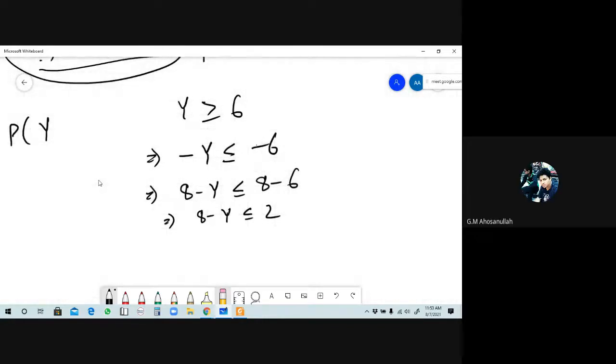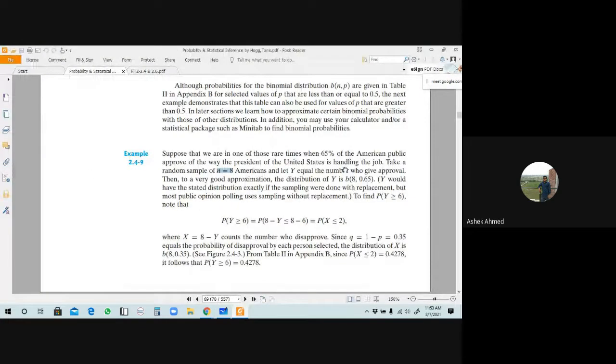Yes, sir. Now in that case tell me, what were the values of y? Y was the number of the American public who approve the opinion, is it right? Y was the number of public who approve the opinion, that is 65% of Americans approve the result, but